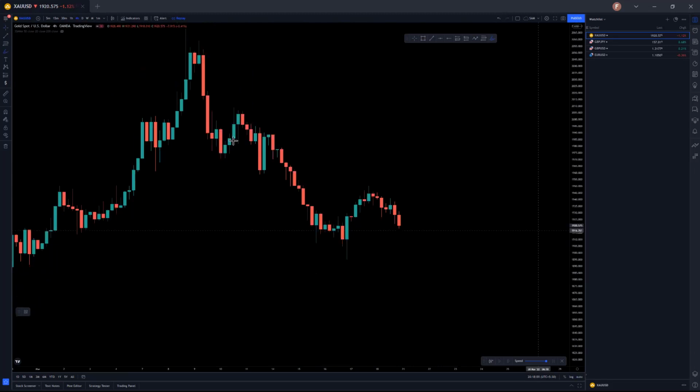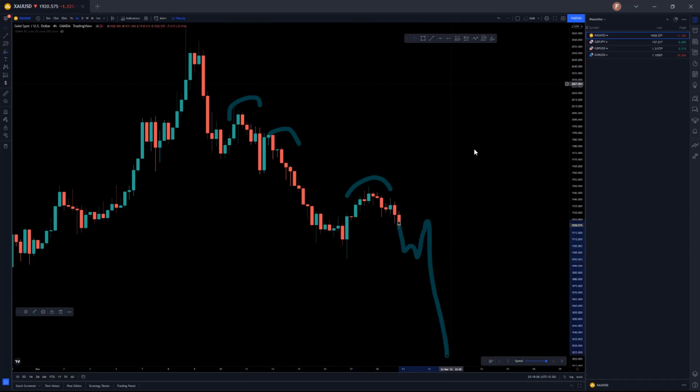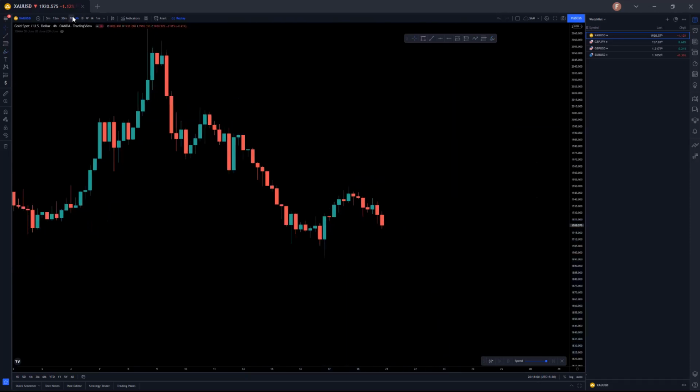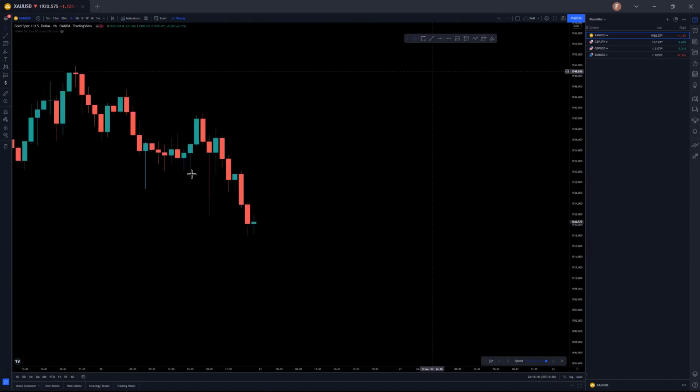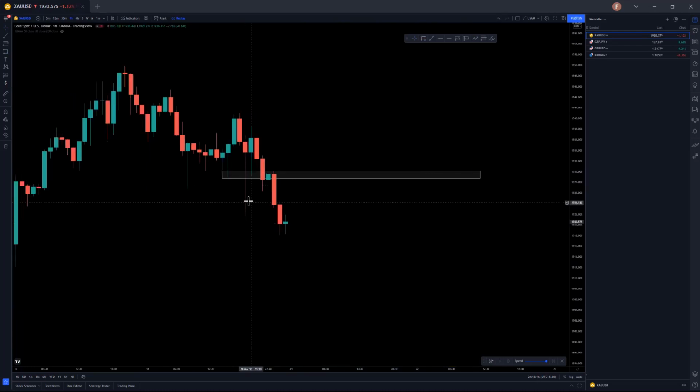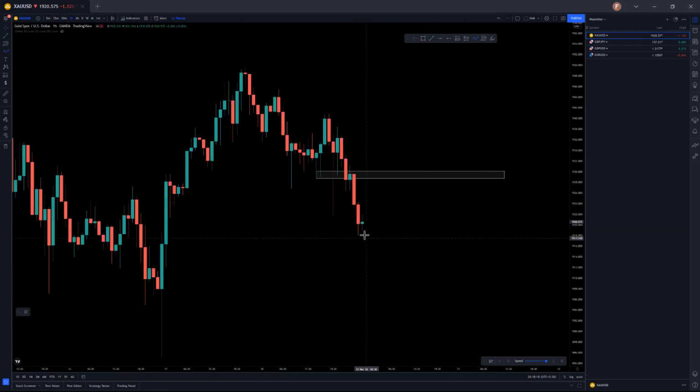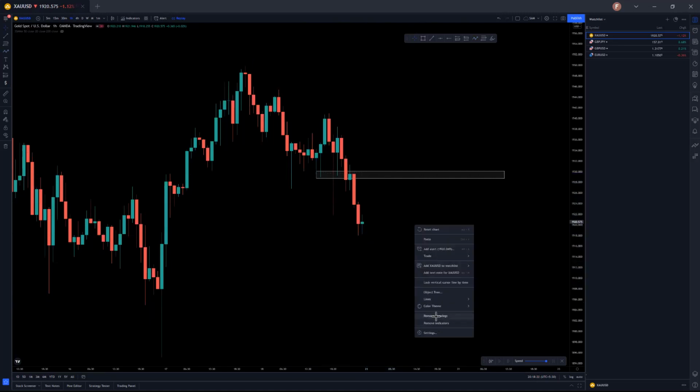Look, it is printing lower lows, lower lows. We are expecting it to make lower lows. So the next candle can be like this. I will update you if price pulls back somewhere down here. I think this point of interest is valid. Maybe the daily candle will pull back and then boom to the downside.